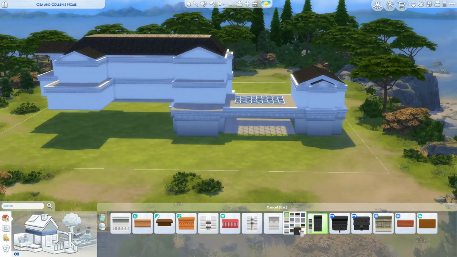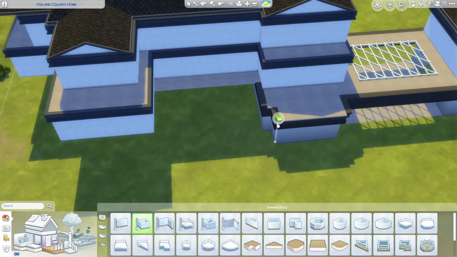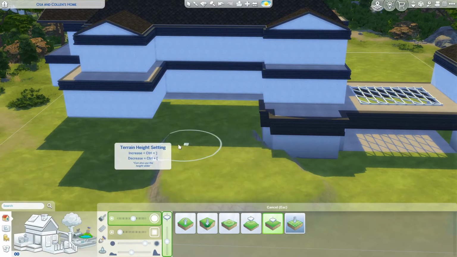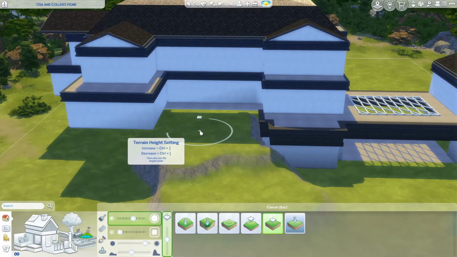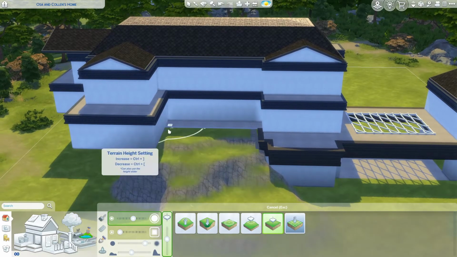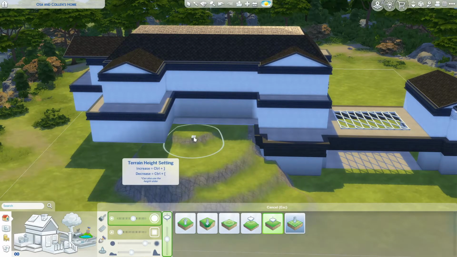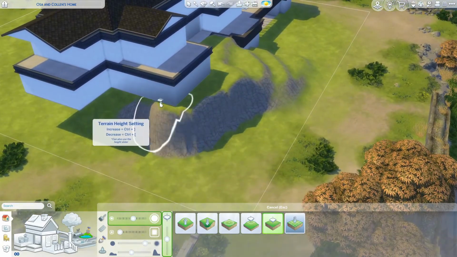Yeah, it's very dark. That's sort of the vibes of Life and Death, to have dark colors. And right now we are doing some terrain manipulation. I don't really do a lot of terrain manipulation. I find it sort of finicky, but this build was actually